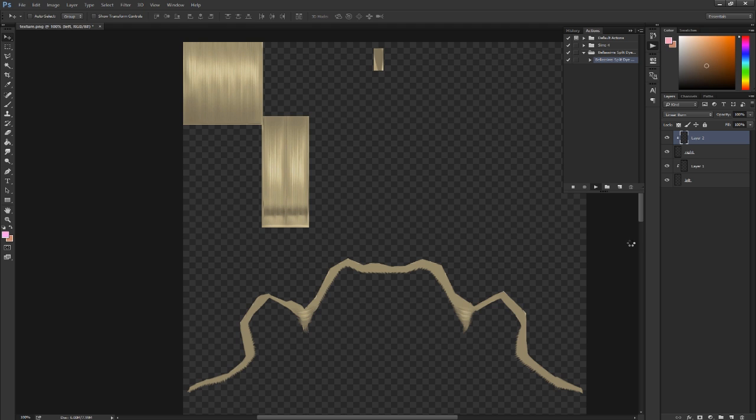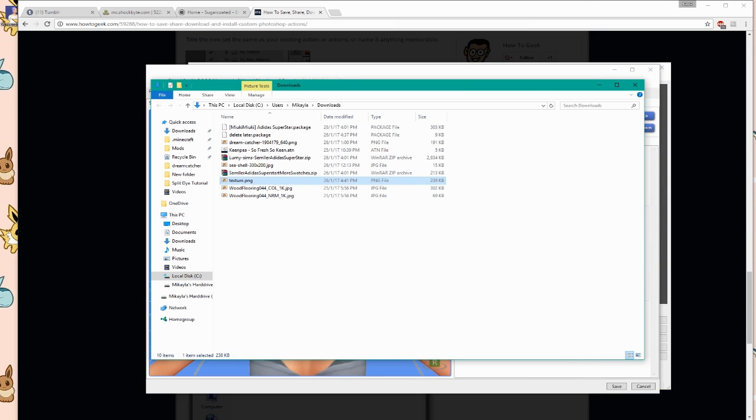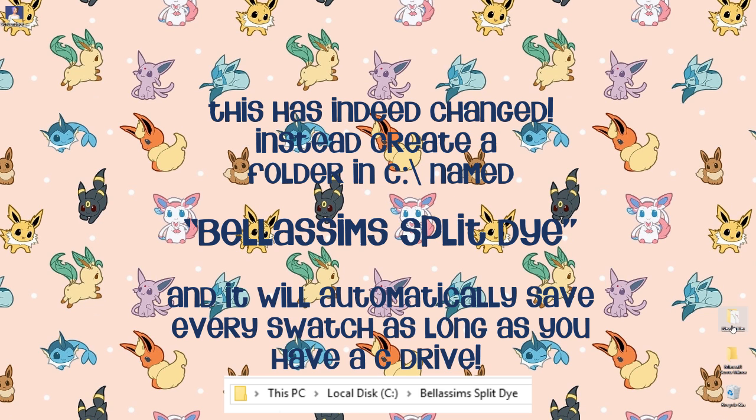It's basically added the adjustment layers that we did to make it nice and bright and white. It's added them to both the left and right sides, and then you can see it flicking between the two layers there for the different colors. See, it's made it bright white, and then it's gone through and colored them for all of the 50 swatches. And before you do that, actually, sorry, again, all over the place, before you do that, you're going to want to make a new folder on your